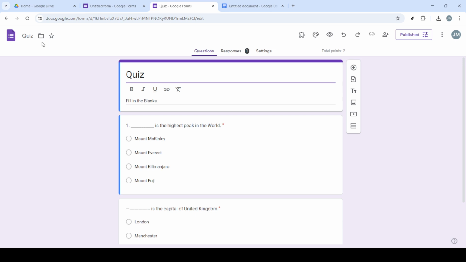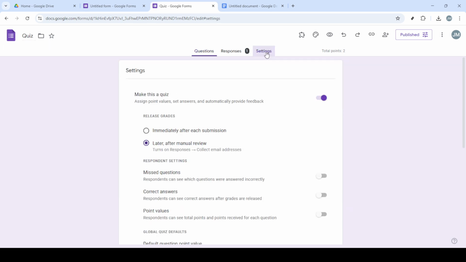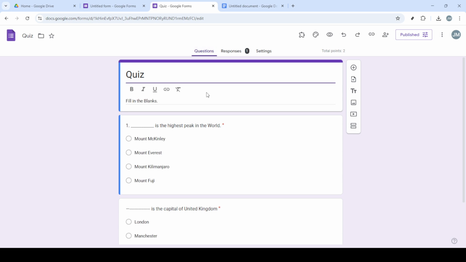Next, you'll want to give your form a name. This helps to keep everything organized in your Google Drive and identifies it for those who are accessing it. Simply click on where it says Untitled Form at the top and enter a name that reflects the content or